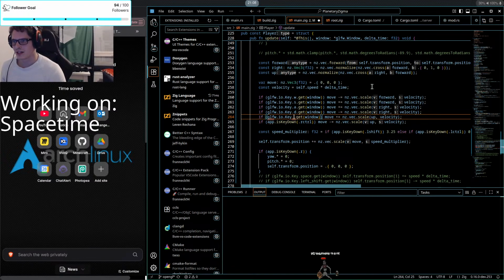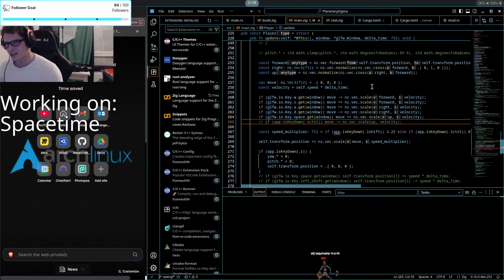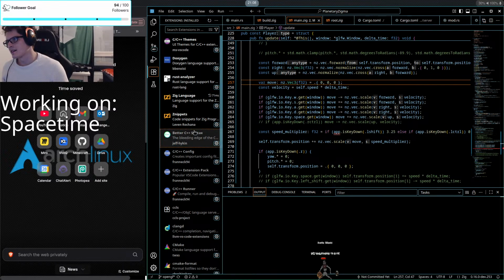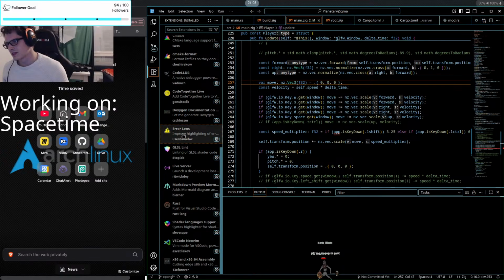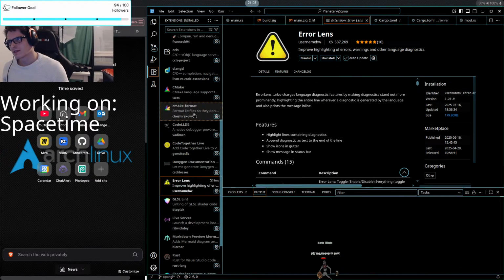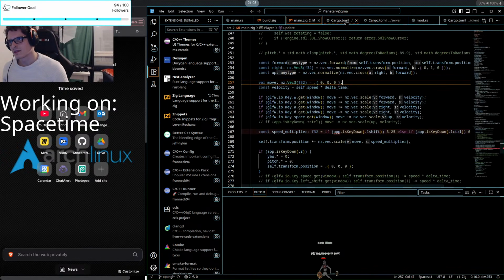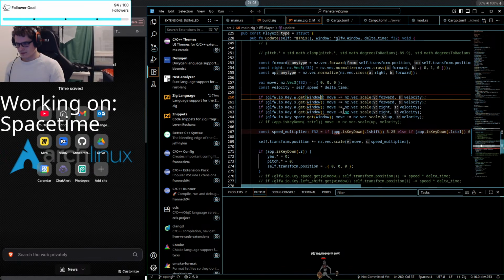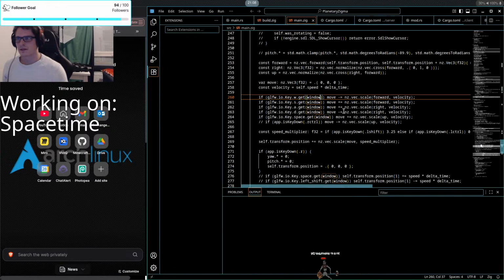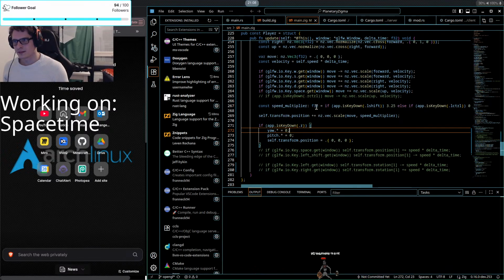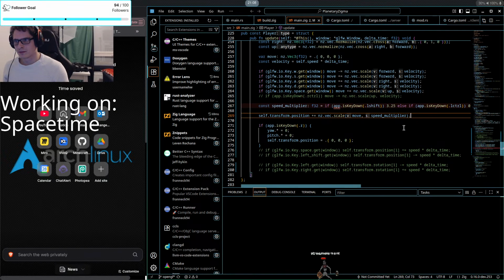Yeah, I had to disable a lot of them because Rust was being funny and I don't know what the fuck that is. But Error Lens is good. Do I have Error Lens just disabled somewhere? Ah, there. Should we just not do it with localhost for the time being? And let's just in case do a reload. Just one second.